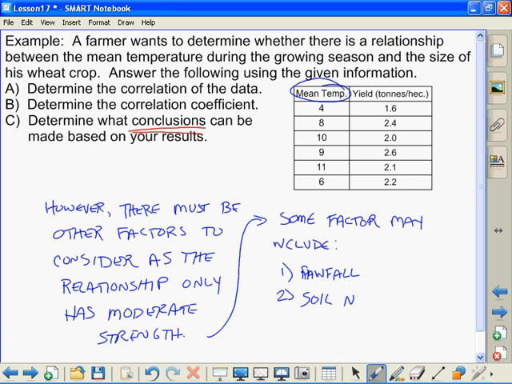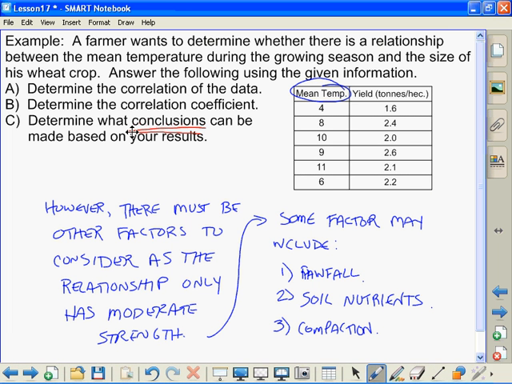Soil nutrients. All right, depends year to year. If you're moving from field to field, you could have a different soil composition. And if you want to get really technical, it could be compaction. All right, so there's other factors in there, and when you're doing some of these examples and homework questions, I want you to